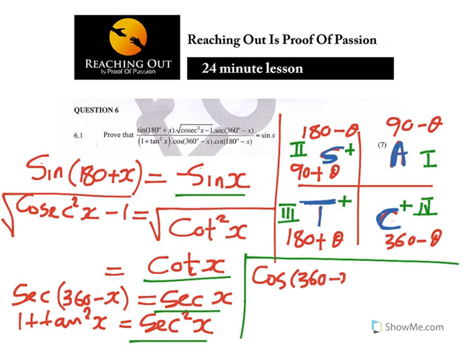cos(360 minus x). Which quadrant is this again? It's in the fourth quadrant, and cos is positive, so it is simply cos x. I underline it because I'm going to need it. All those that I'm underlining with this marker, it means I'm going to need them. As I'm saying, this can be the working. Instead of writing the long version time and again, you can split it apart, look at it individually, simplify it as I'm doing, and then pull it together by writing the ones that you've been simplifying. Now the last one that I have is cot